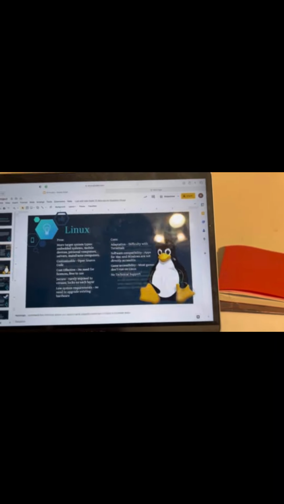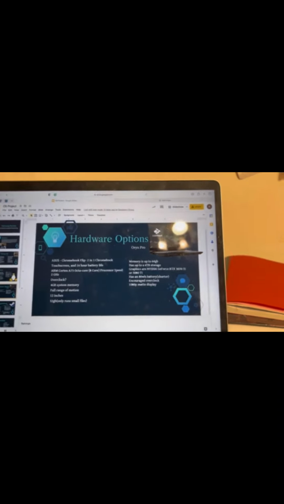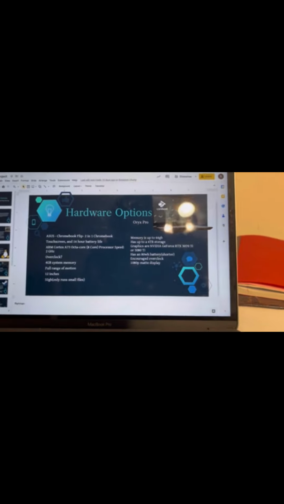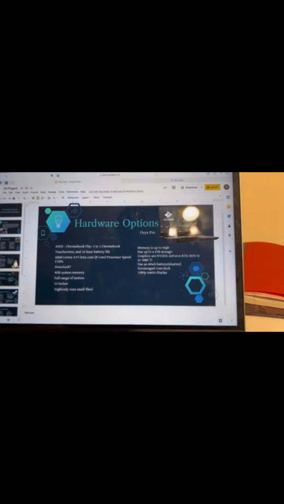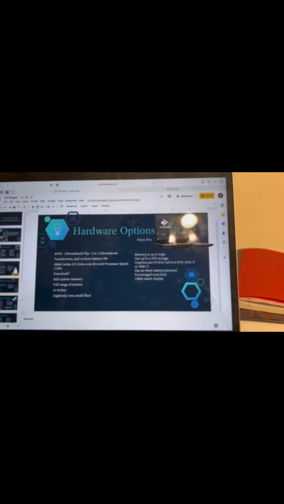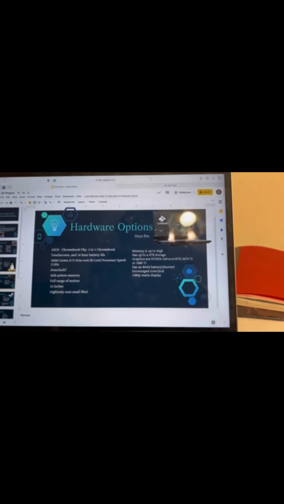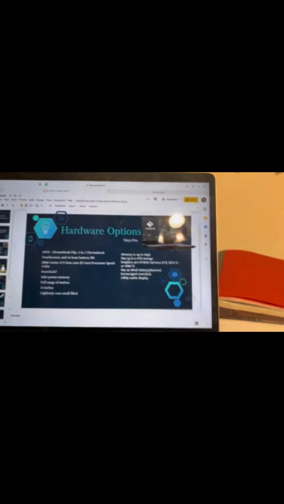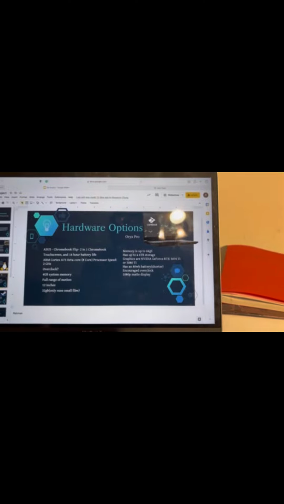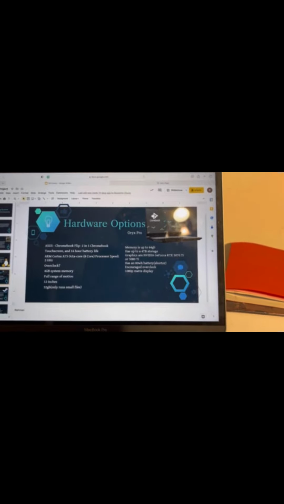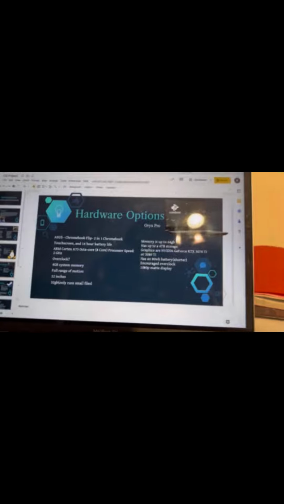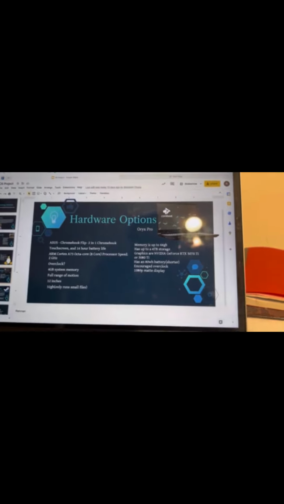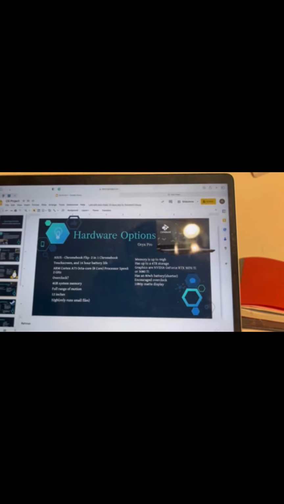Yeah, pretty self-explanatory there. Hardware options. Asus Chromebook Flip 2-in-1 Chromebook. It's touchscreen and 16-hour battery life, which is a lot. You can play pretty much all the time, and if it's on charge, you're set for life. We're hardcore gamers, so we need that. ARM Cortex A73 octa-core, 8-core processor, speed 2 gigahertz. So that's fast. Could be faster, but it is pretty fast. Had to search up what that whole thing was because I had no idea if that was even English.